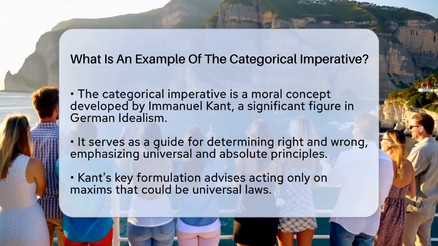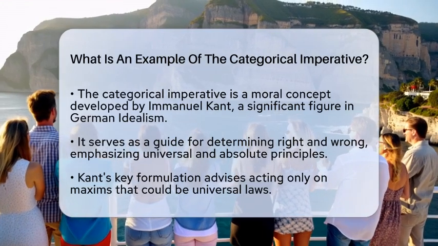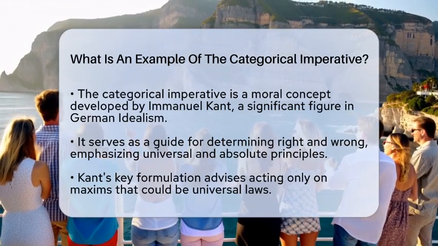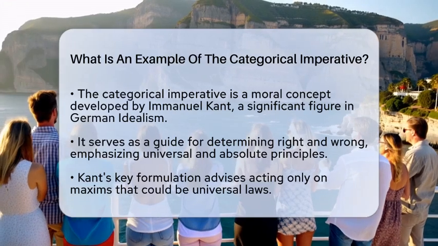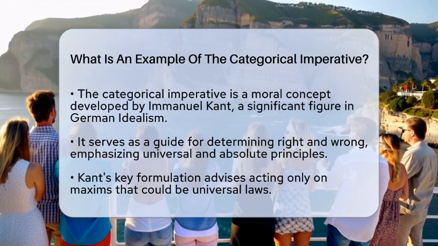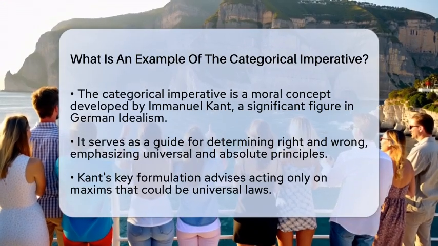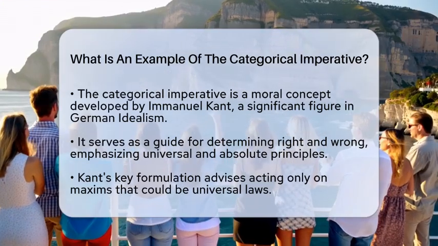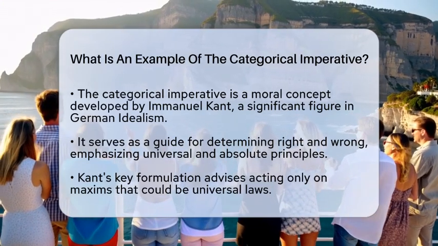The categorical imperative is a moral principle that is meant to be universal and absolute, not based on personal feelings or specific outcomes. Kant's most famous formulation states, "Act only according to that maxim by which you can at the same time will that it should become a universal law." In simpler terms, this means you should act in a way that you would want everyone else to act in